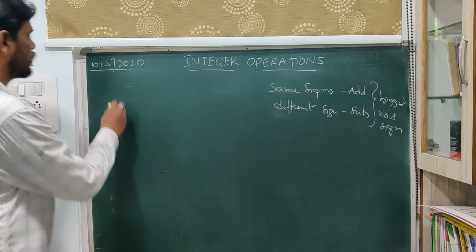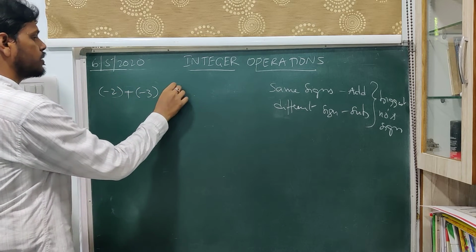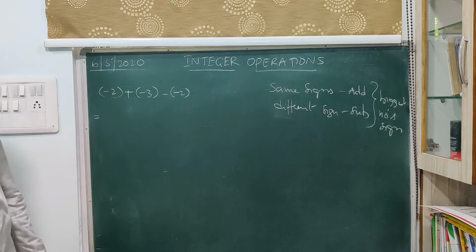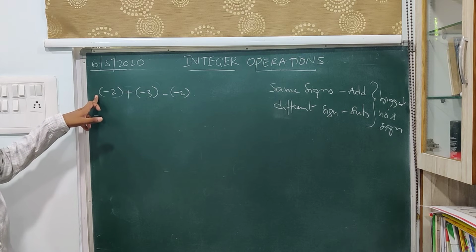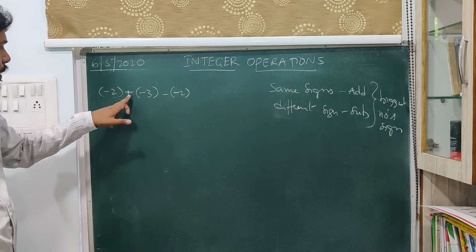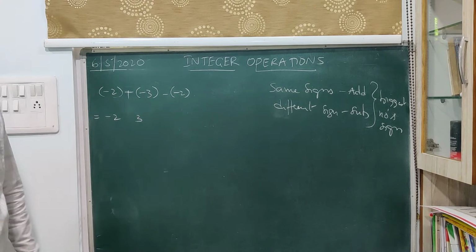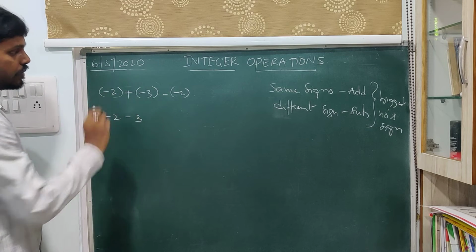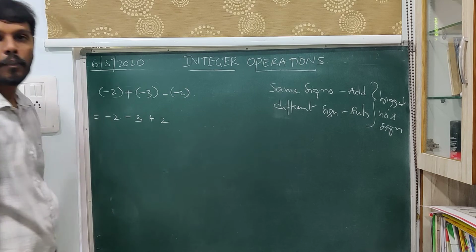For suppose minus 2 plus minus 3 minus minus 2. Suppose say these are the three numbers on which you have to do an operation. If there is nothing to be multiplied here, write this minus 2 as it is. Next, here assume that there is 1. 1 into 3 gives you 3, and these are numbers of different signs, so we will get a negative number. Next, 1 into 2 is 2, numbers of same signs, you will get a positive number.